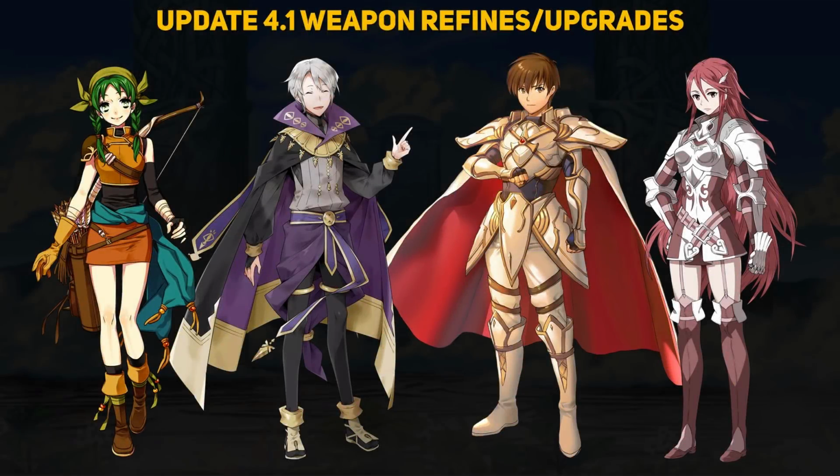Update 4.1 brings us 4 new weapons and refines. This time we have new skills for Rebecca, Henry, Leif, and Cordelia. You can grab these new weapons for SP on a 5-star version of each unit, except for Leif since he